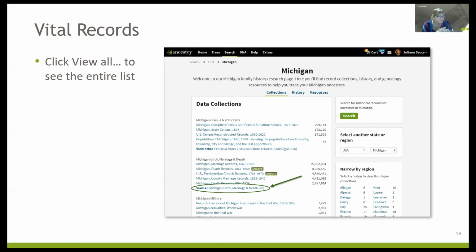And so I like to go through, if I'm working a case, especially since we work on cases from all over the country. The first thing I do is go through and go, okay, what do we have for this state? Kind of refresh my memory and say, okay, these are the records that I have at my disposal. And so I keep this open so that as I'm working the case, I can go through and see, okay, what else can I use in here? Because sometimes the most powerful search is when you go directly to the collection and search it directly, because that way you're weeding out all the census and all the other noise that you can tend to run across. But yeah, so you want to view all to look at that.